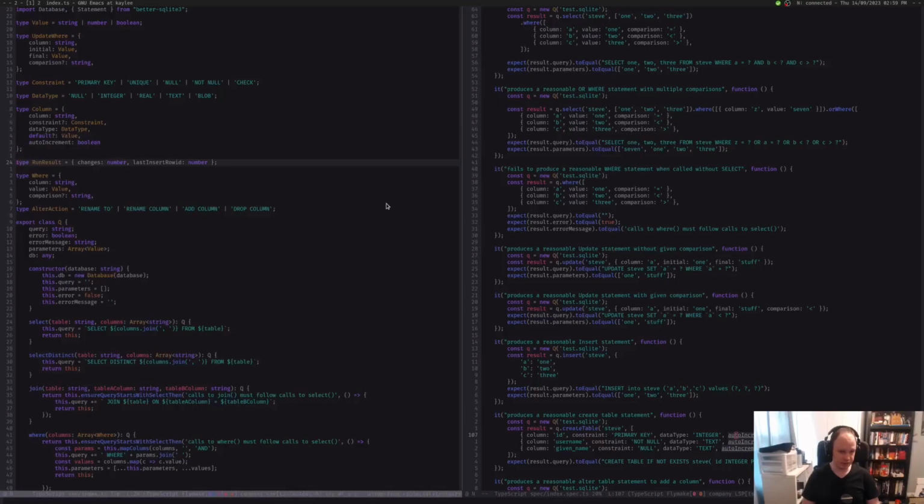This type here is the result of calling the better Sqlite run function,